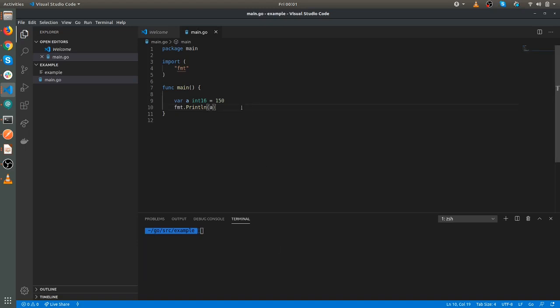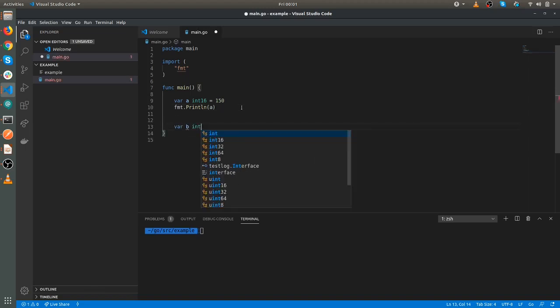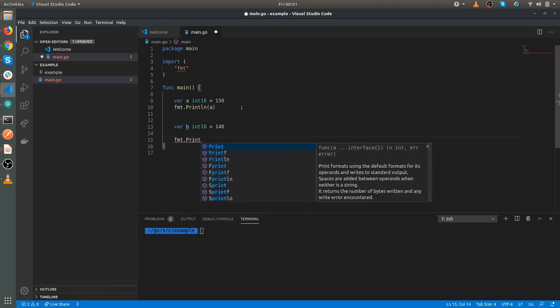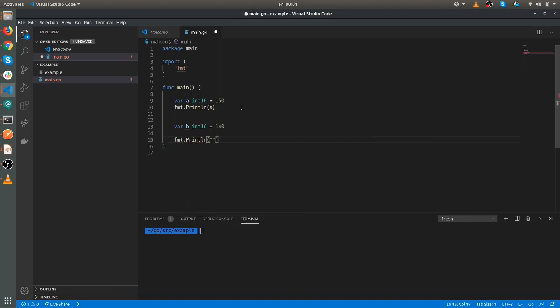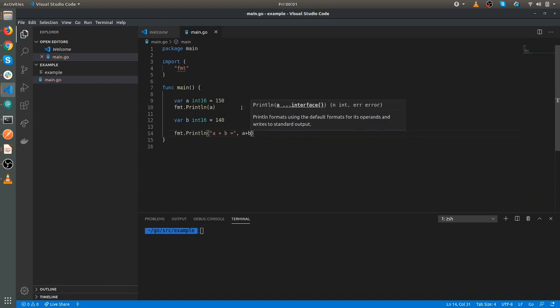So now move to the operations of an int. I'm taking another variable, 140. So we will perform operations on these two variables. So we are doing the plus operation.